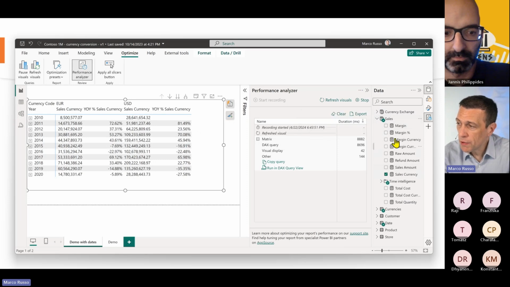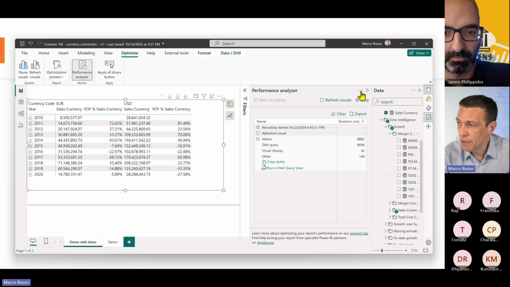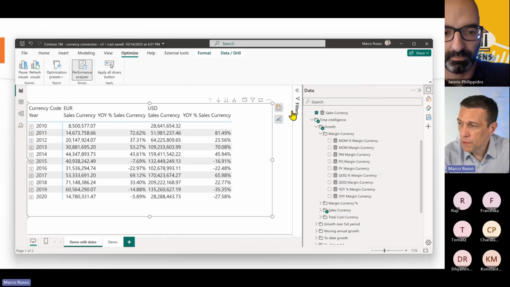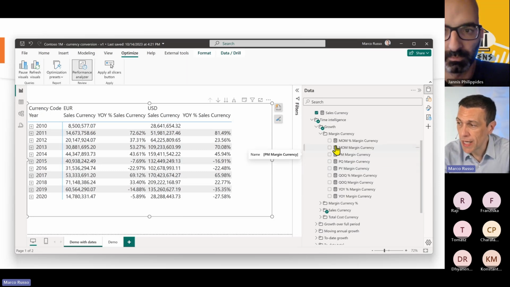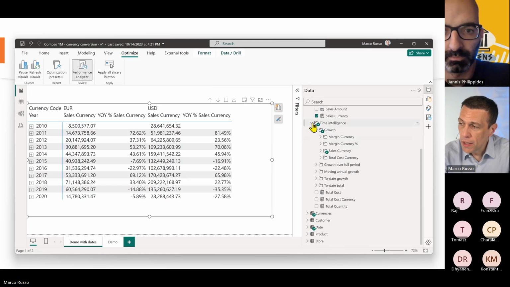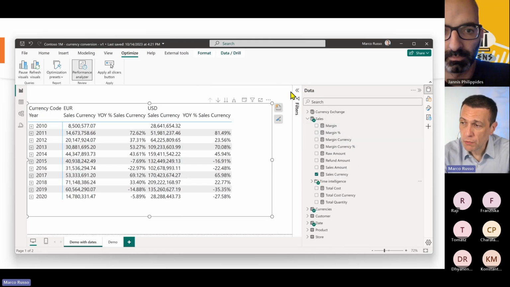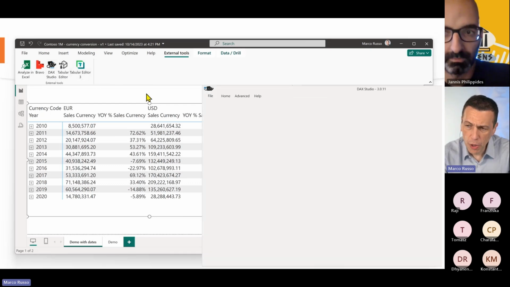If we take a look at the number of measures we have, you see that these are the measures that have been built here. But if I drill down, I will find many other measures for all the time intelligence variations. So we used, in this case, Bravo, but you could have a model that has tens or hundreds of measures to analyze. And so at this point, you could start trying to figure out what you have in this report, what is the measure that is slow, and you can use a tool like DAX Studio, which allows you